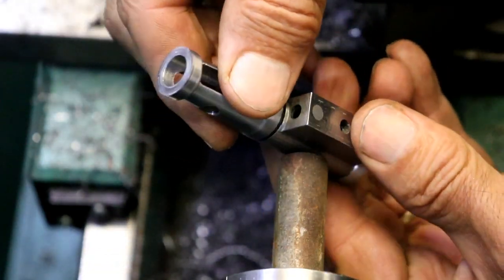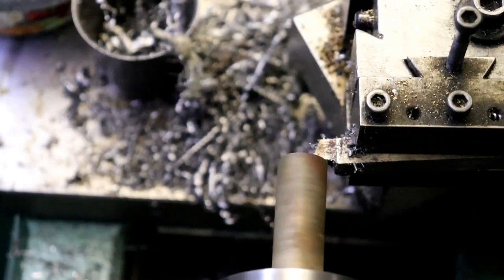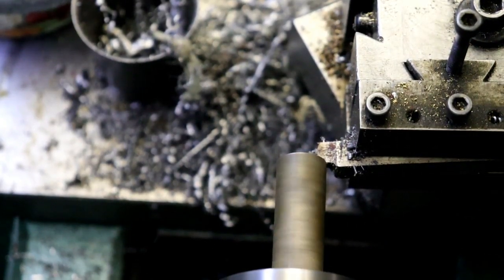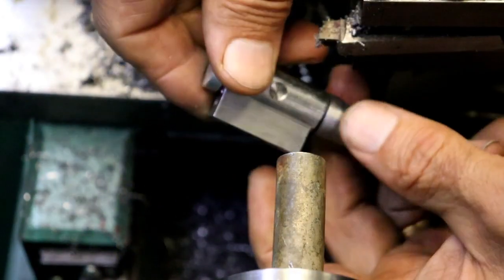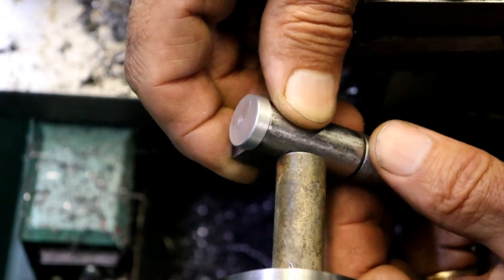It wants to go now, but it's too tight. I want it looser than that. I want it so it drops down on that flat fairly easy. So. Whoop, what am I doing? What am I doing here? There we go. So now